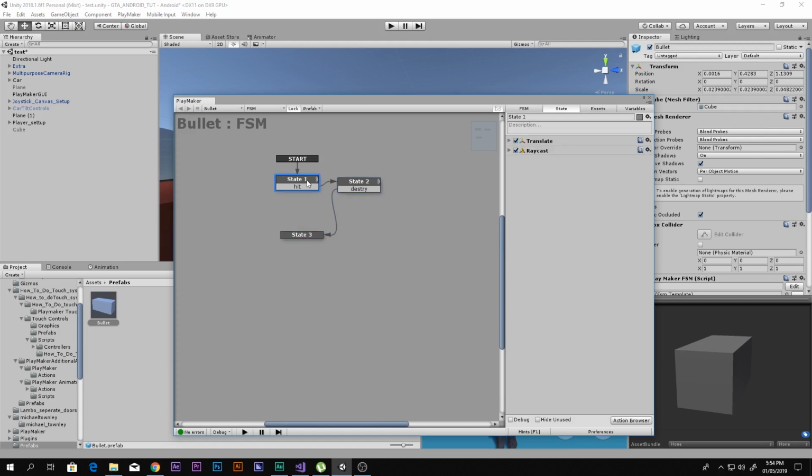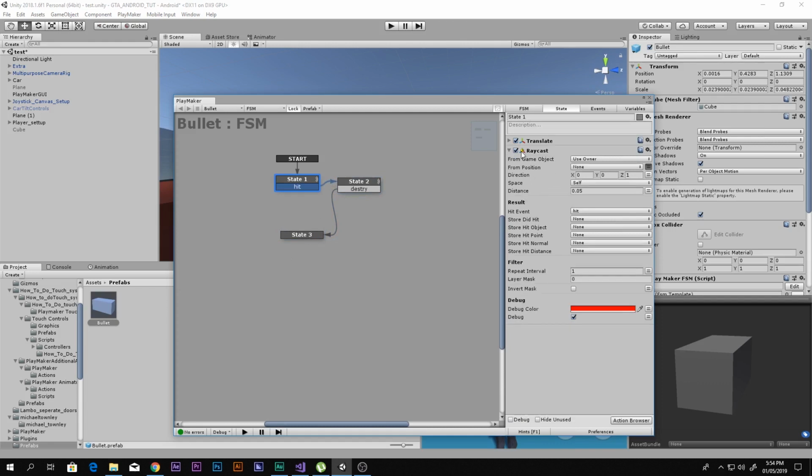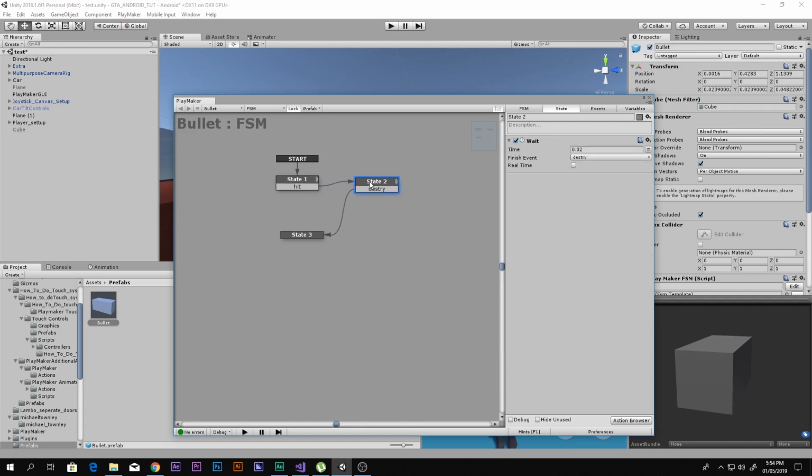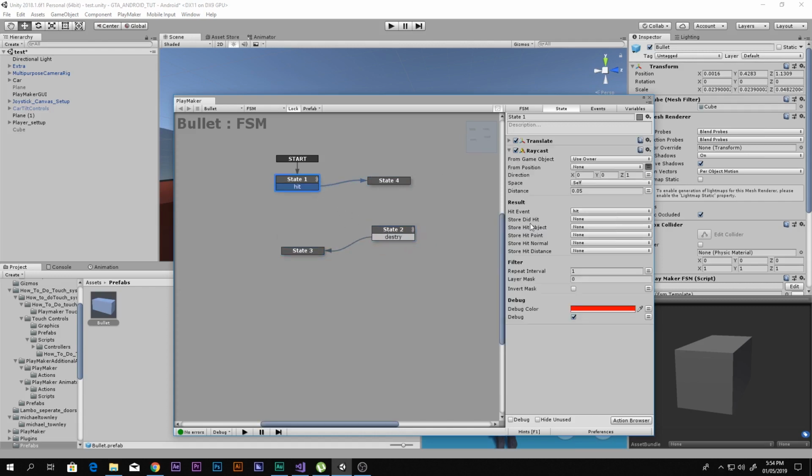There we go, so simple as that. All right, then what we need to do is when the raycast hits something, which means there's a laser called raycast, and when it's hit something, we are gonna go in this event. And when we are in this state, we are gonna come in here first and check what the raycast hits. First we're gonna store the game object that it hits. So store hit object, in a new variable called test,